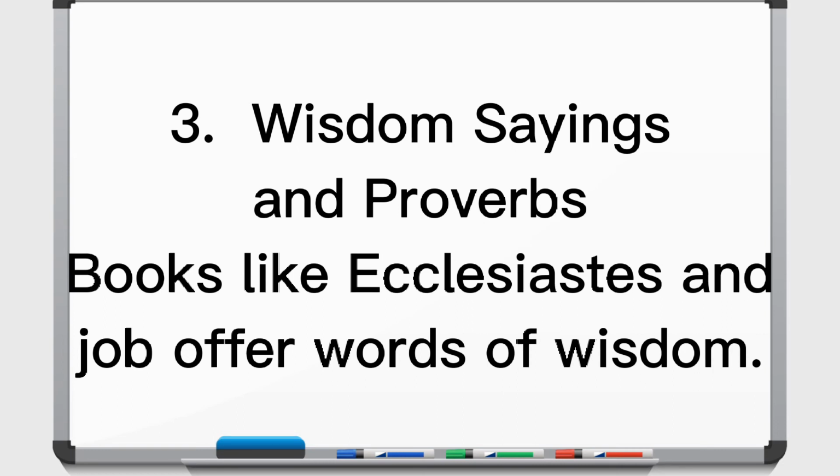The third genre, we have wisdom. Wisdom, that's another style. Talking about Job, Proverbs. If you check it, the style is more of wisdom sayings. Wisdom sayings is a unique style. Alright. And then some of these wisdom writings are actually attributed to Solomon, because he was known as Israel's wisest king, right?